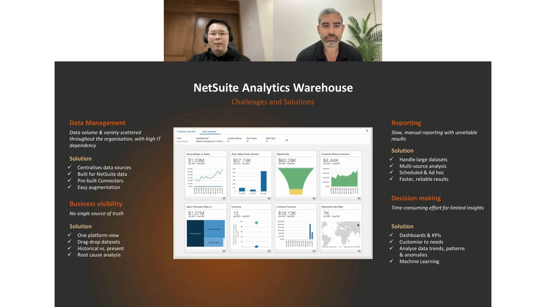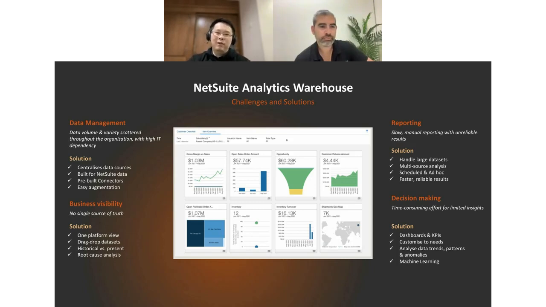Right. So in terms of NSAW, like what we're seeing in the slides here, there are four main challenges that we often face for NetSuite users, right? The first, as I've mentioned earlier, it's in terms of the data management side of things, where eventually you will start to realize more and more data will be needed for your day-to-day analysis, right? So you have data volume that keeps increasing with the age of use of the NetSuite platform, and also the rest of different platforms where you are extracting your data, and at the same time it's being scattered throughout the organization. So with your data being available across your organization, it would take a huge challenge to piece the data in, right? So eventually with NetSuite Analytics Warehouse, we'll be able to centralize your data sources,